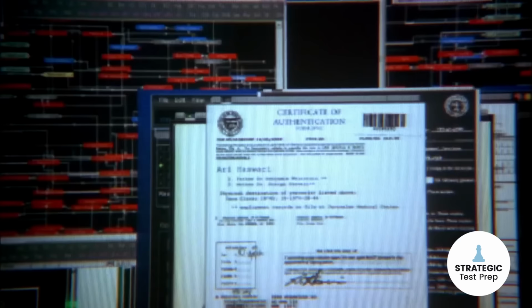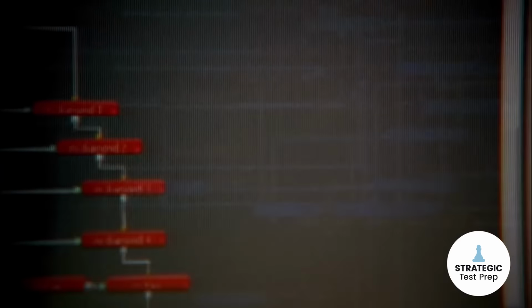So I went to work this past summer and tried to figure out and crack the code for how to make these SAT reading passages easier for everyone, and I think I've figured it out. But before we get into this brand new strategy that I'm going to reveal and share with all of you,